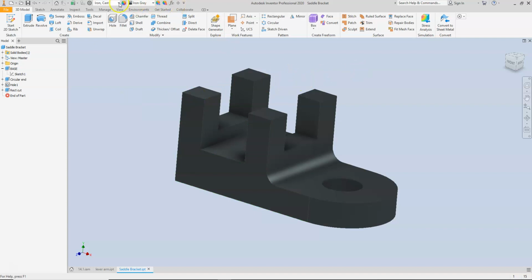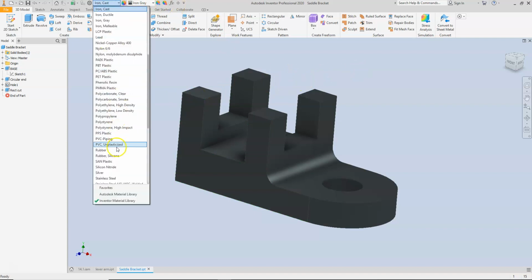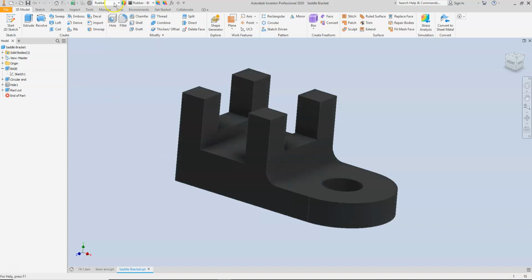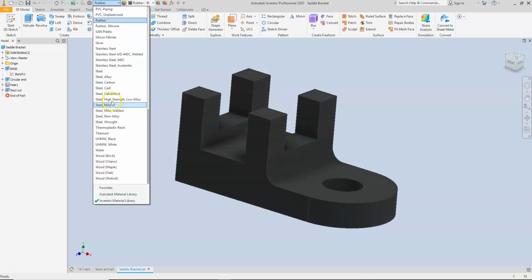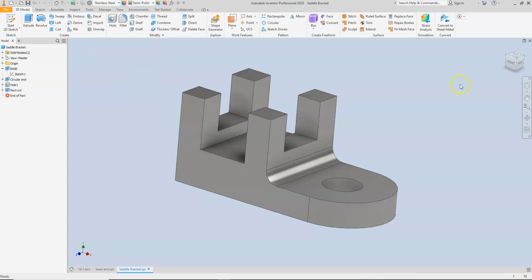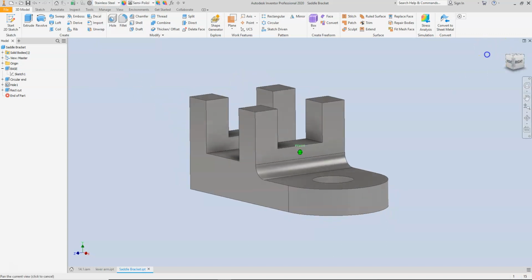But if you want to assign the material here, you can do that as well without having to go into the iProperties. When we go into iProperties, we would then be able to get the information, but this is just another place to quickly be able to change the look of your part, which is pretty